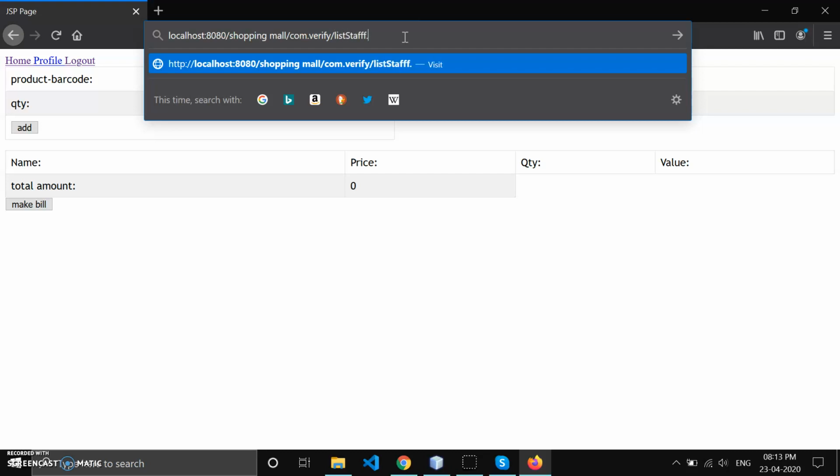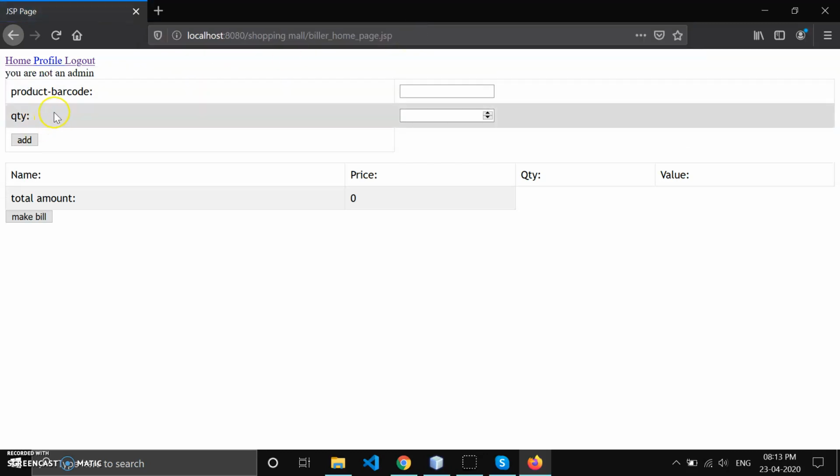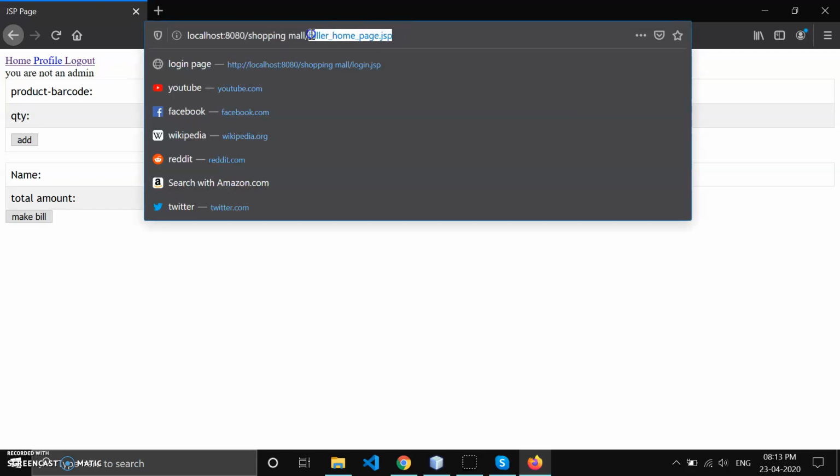This is actually the URL that only admin can access, liststuff.csp. If a staff member tries, then he is prompted that you are not an admin. So there are security features which only an admin can use; other persons cannot access. Similar features are also available for customer, biller and admin, all three.